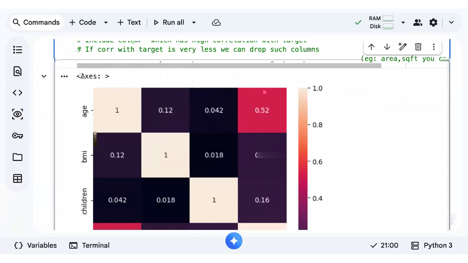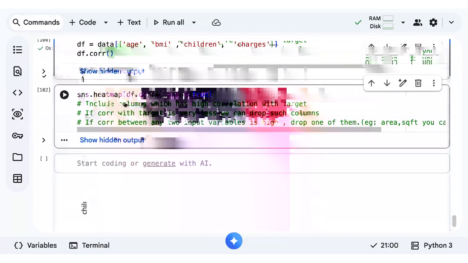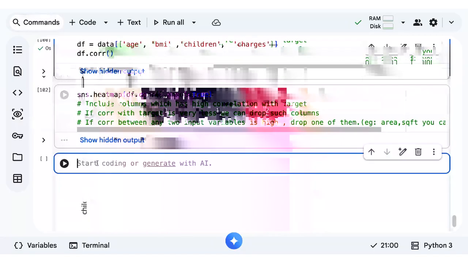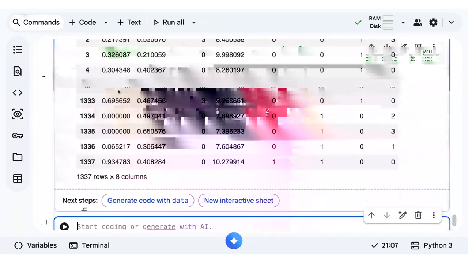Yeah. So this is all about the first level of your machine learning project. Till here, it's all about preparing your data and selecting the best features. So in our data set, all the variables are important, so I'm going with all variables. So what next after this?